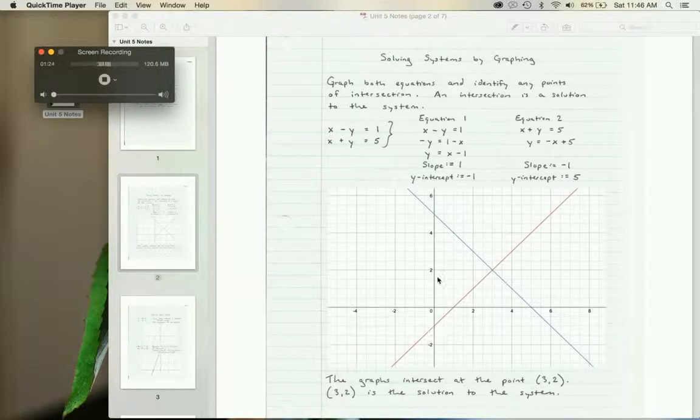I also know that the slope is equal to 1. Slope is your rise over run, or your change in y over change in x. This means if I go up 1 unit and over 1 unit, 1 over 1, then I can draw another point on my line. So from my y-intercept, I'm going to rise 1 unit, go up 1 unit, and run 1 unit, go over in the positive direction 1 unit, and plot another point right here. Okay, and with those 2 points, I could connect them and draw this line, which is the graph of my